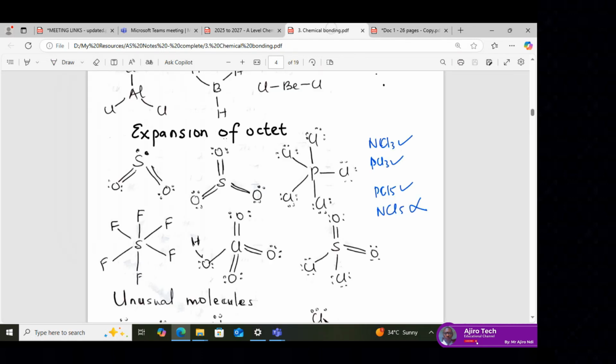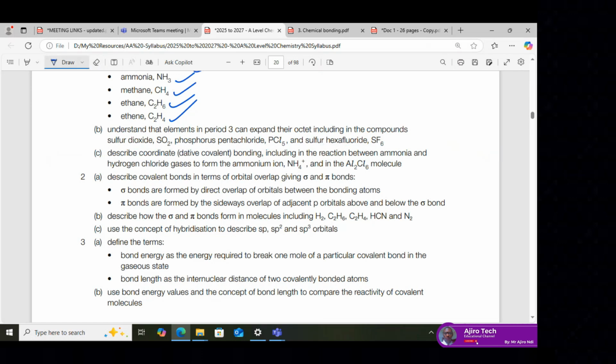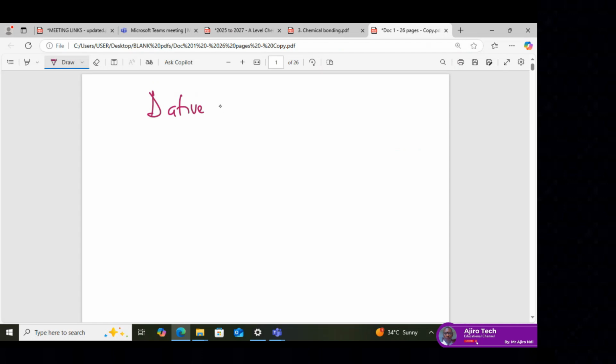Dative covalent bonding. Dative covalent. Now look at what they call it in your syllabus. They call it coordinate or dative covalent. Do you get? So in dative covalent